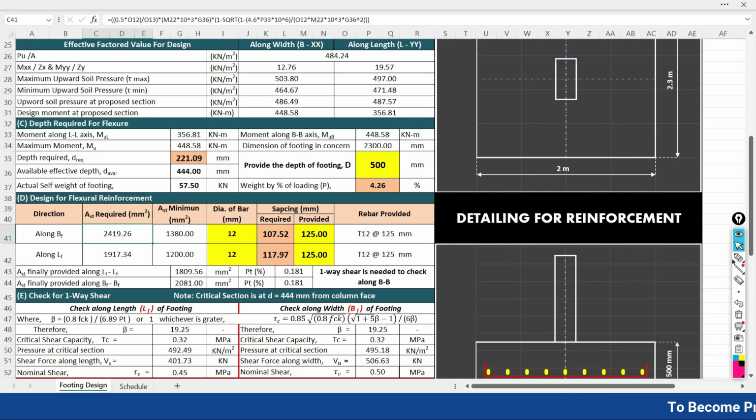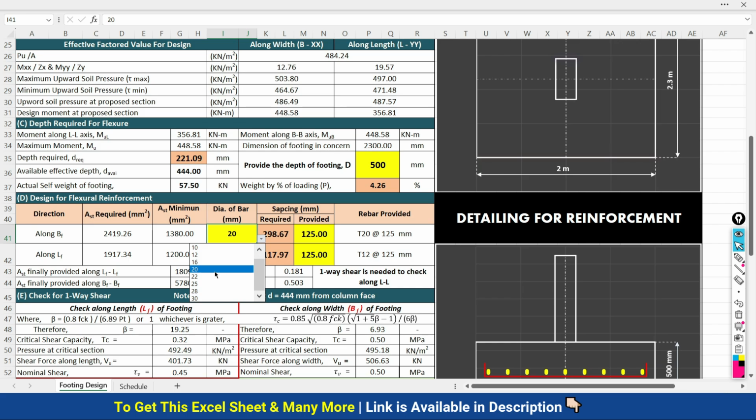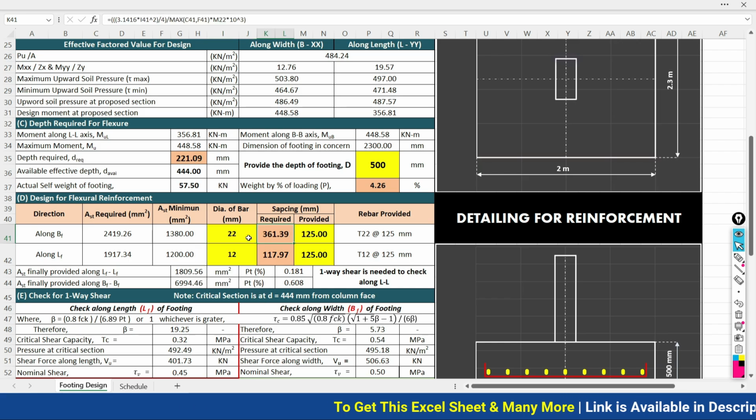And what is the minimum area of the reinforcement required, that is also given here. Now the important thing is what diameter of the bar you would like to choose. So here I would like to choose the diameter of bar as 16. Here I would like to choose the diameter of bar 20. Here I would like to choose the diameter of bar of 22. So whatever the diameter of the bar you are going to choose, the spacing requirement is going to be adjusted